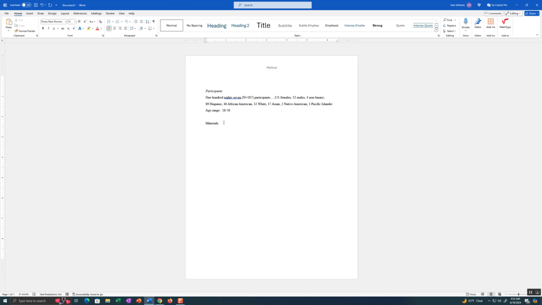Materials. So for your materials, the only thing you want to put down here is that a class survey that measured COVID-related health behaviors was completed by the participants, and then tell me some of the variables that are in there. So some of the variables in that COVID health behavior study that we're using are